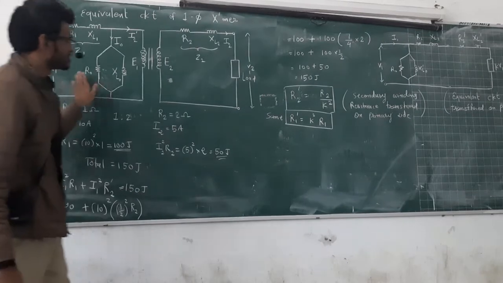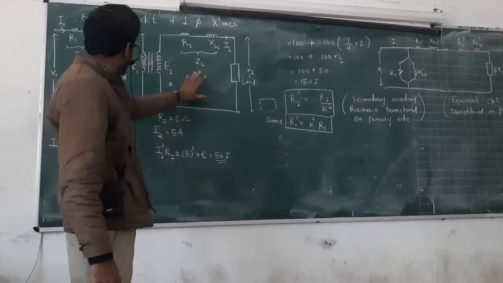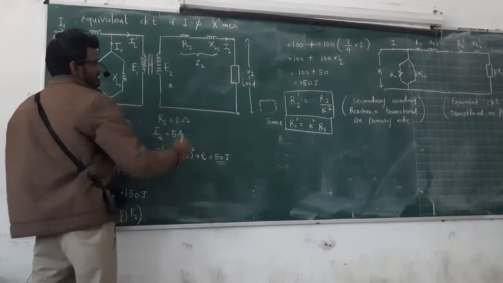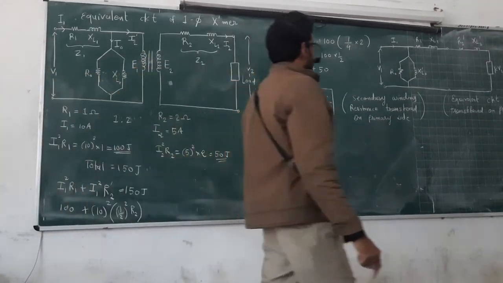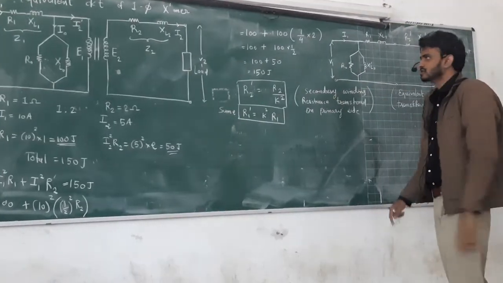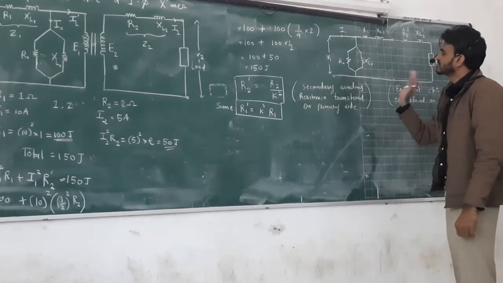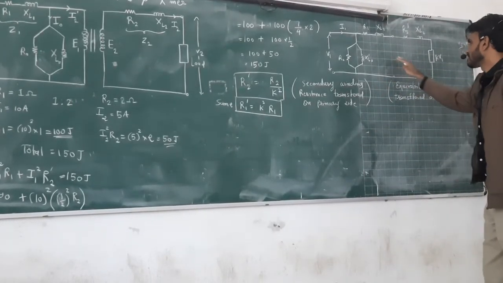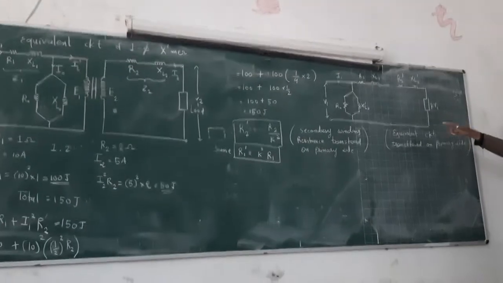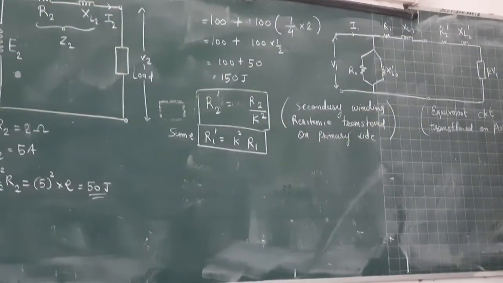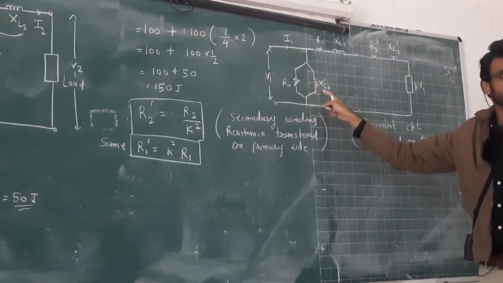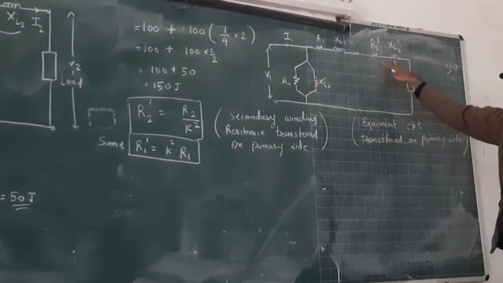We can move the secondary components to the primary side, as well as all the primary components to the secondary side. So same way, if they ask you to draw all the things, all the circuits are given in the book that you use, so I am not going to draw that. But if they ask you to draw the transformer equivalent circuit referred to the secondary side, then you have to shift all those components to the secondary side. At that time, we do not use these two components. We will neglect them. We will generally transfer these two components only.